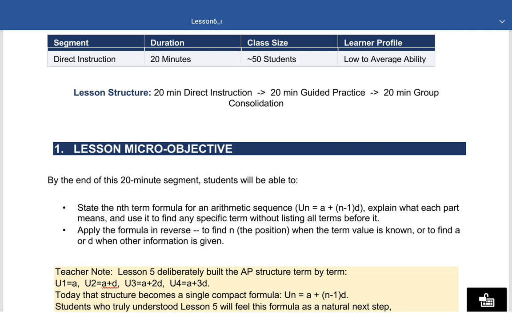Today we are moving on to lesson 6 of sequence. And today we'll be doing direct instruction and we'll be talking about the nth term. So, by the end of the lesson,